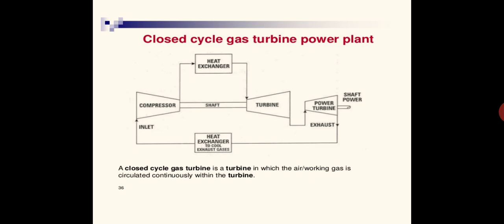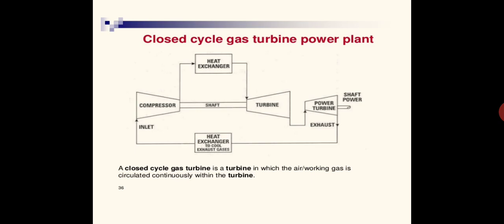The only difference between open cycle and closed cycle gas turbine is that here the gas after expansion through the gas turbine is actually recirculated into the compressor. That is what is happening. Before recirculating, the heat energy of the gas after expansion is to be removed by using a heat exchanger. During this process, the impurities along with the combustion products are also removed. In the heat exchanger, the heat energy of the hot gas after expansion from the turbine is taken away by the coolant circulating through the heat exchanger.